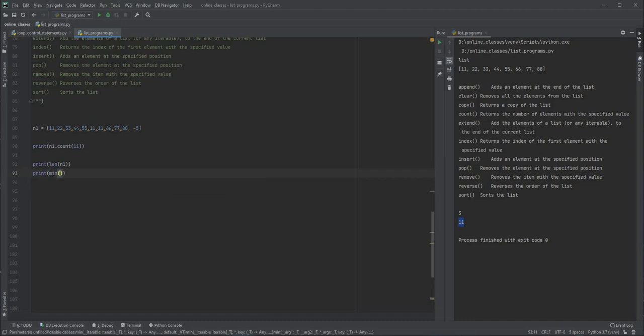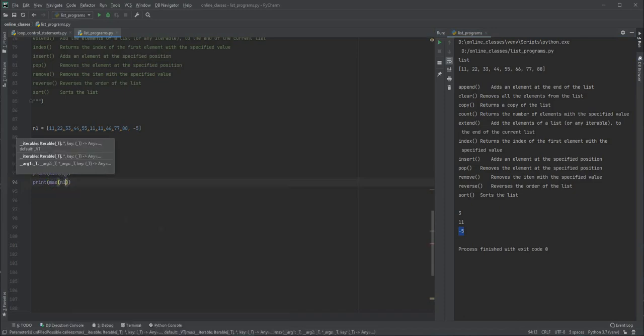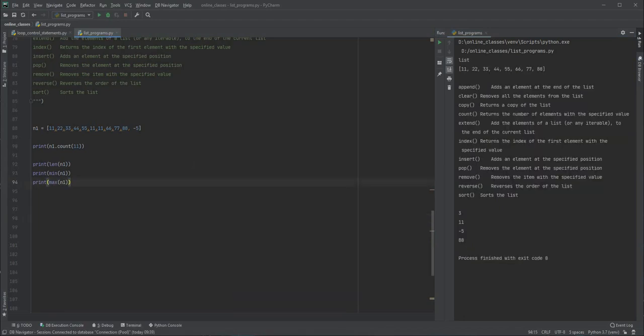There is a min function for n1. Let's run the program and it is going to say -5 is the least one. Similarly, we can print the maximum value in n1. Let's save this and run the program. It is saying that 88 is the maximum value in this list.